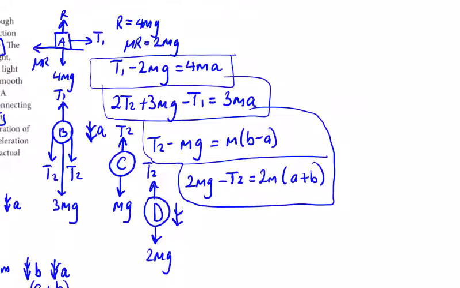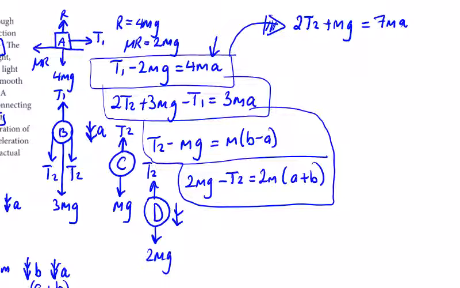So in the first equation, I can cancel T1. May as well start with that. So I'm bringing these first 2 together. So let me write the answer to that up above. I'm going to cancel my T1s and get 2T2 plus mg is equal to 4ma plus 3ma, 7ma. So I have an equation with T2. If I could get rid of that,